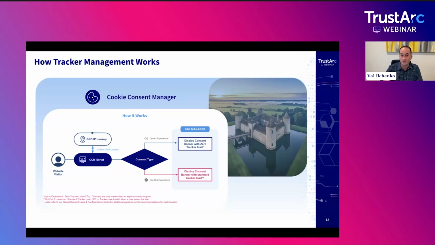The way that I think about cookie consent as an example is that a vendor like TrustArc, or even one of our competitors, is kind of the door to a moat and a castle. Ultimately your website is that castle, and your tag management system is typically the chains that control the opening and closing of a gate, right?